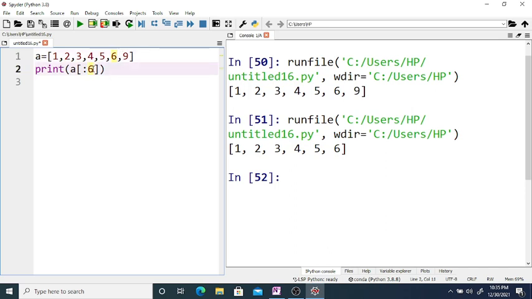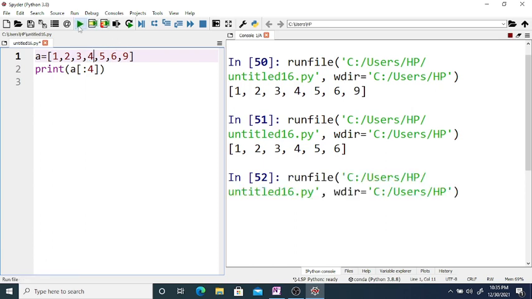If you use 4, then it prints indices 0 1 2 3, so you get the new list 1 2 3 4.